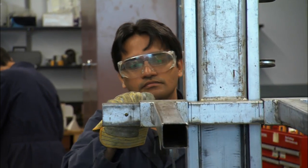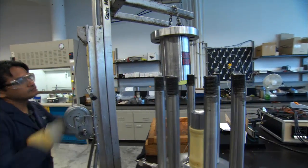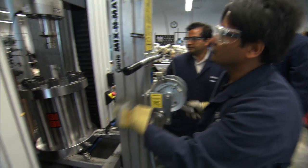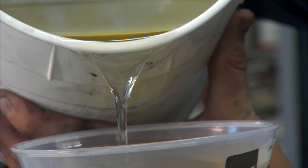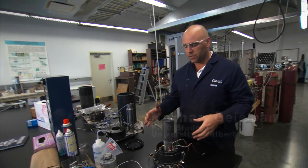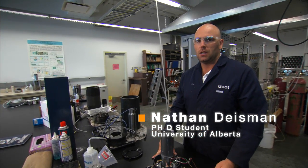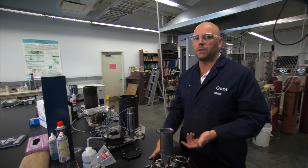A lot of the research area in this lab in terms of equipment is really involved in sustainable ways in which we recover oil sands. PhD students can have an experimental component to their research, and this provides an environment to do some pretty complex testing. This is a testing cell that's going to be able to replicate the stress and fluid pressures at 1.5